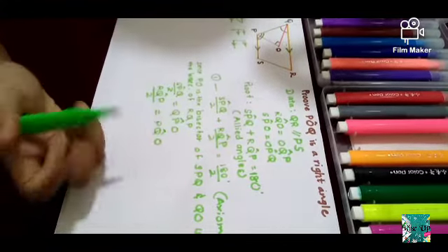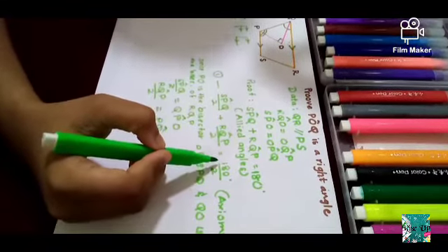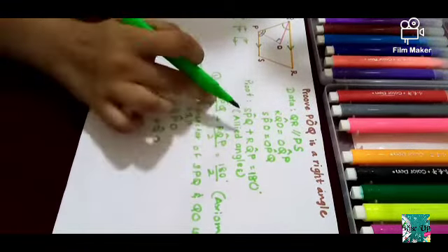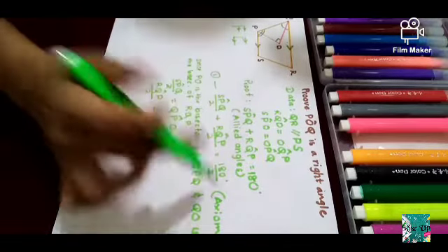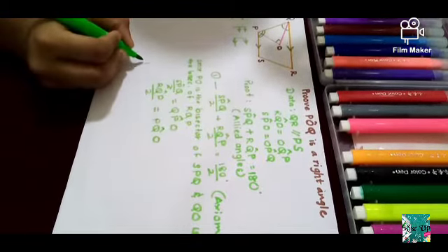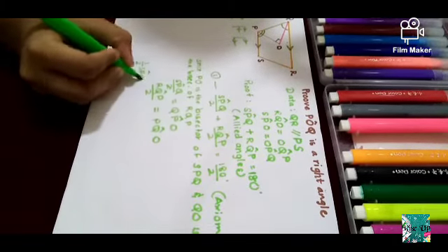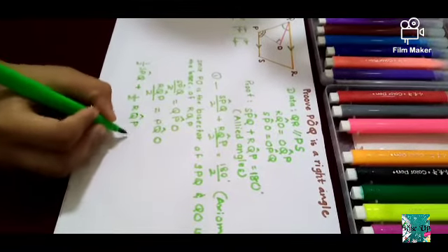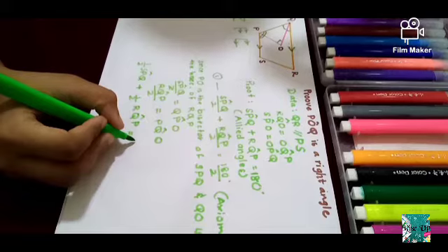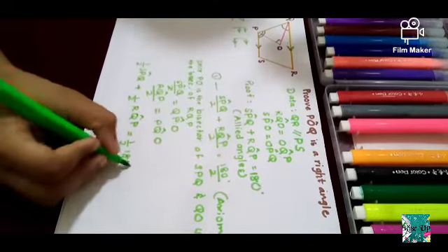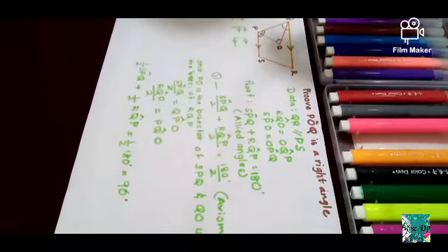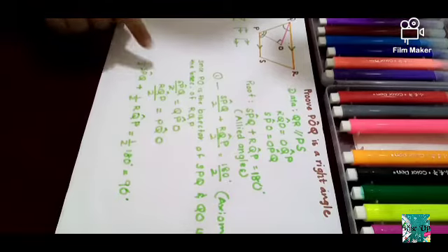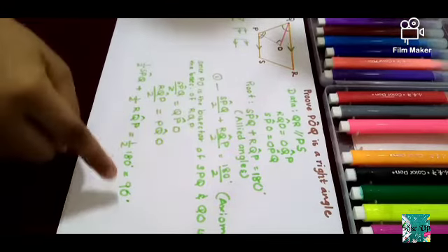Okay, so here, from here itself, we can prove directly in order to come up to this level as well. 180 divided by 2 is 90 degrees. So you can tell that half SPQ plus half RQP is equal to 90 degrees. So you can write that half SPQ plus half RQP equal to half 180 degrees, and that is equal to 90 degrees. Okay, now we have reached a little bit closer to the answer. So we have now proved that half SPQ plus half RQP is equal to 90 degrees.